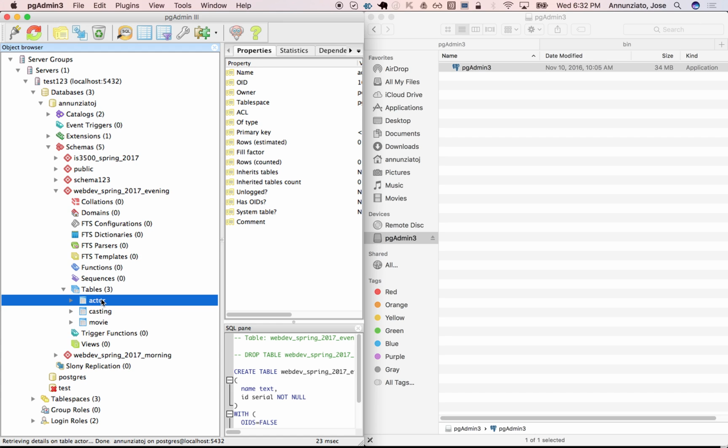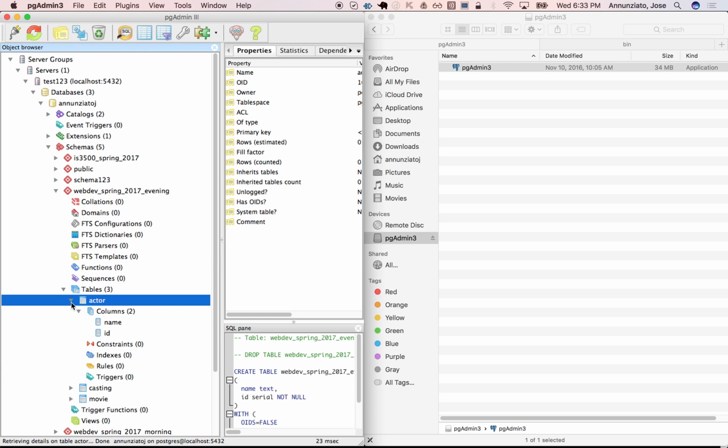If I make a mistake and I add Arnold to a movie that doesn't exist, or I somehow mess up ID number 1, 2, 3, Arnold will be added to a movie that doesn't exist, and the database will be happy to just let me be. But instead, I'd like the database to catch those errors for me. If I try to associate a non-existing movie to an existing actor, I'd like the database to let me know, hey, that movie doesn't exist, or that actor doesn't exist. So to do that,